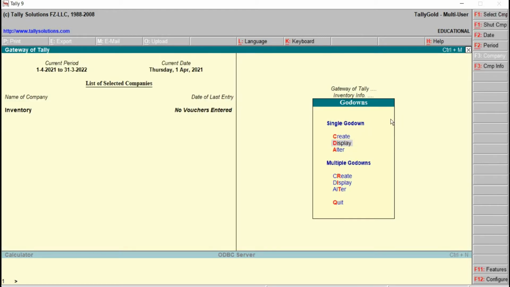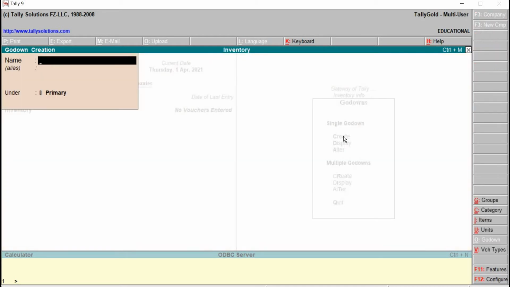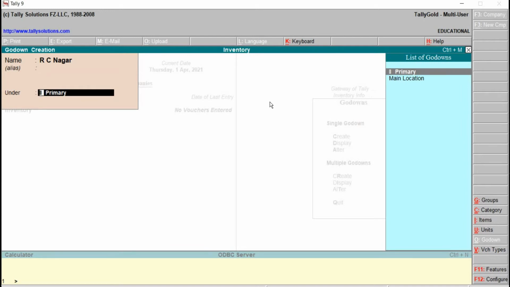Then single godown, we shall go for creating the godown. Just go back to create, right? And here we can see godown creation window has come down. Name, I just type here RC Nagar. Alias will be blank. This is optional. Under primary, right?